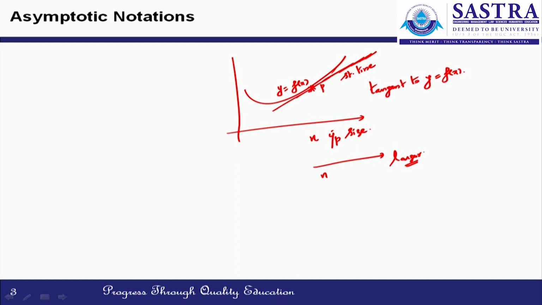The curve y is equal to f of x meets the straight line only at larger values of n. For example, when n reaches plus infinity,